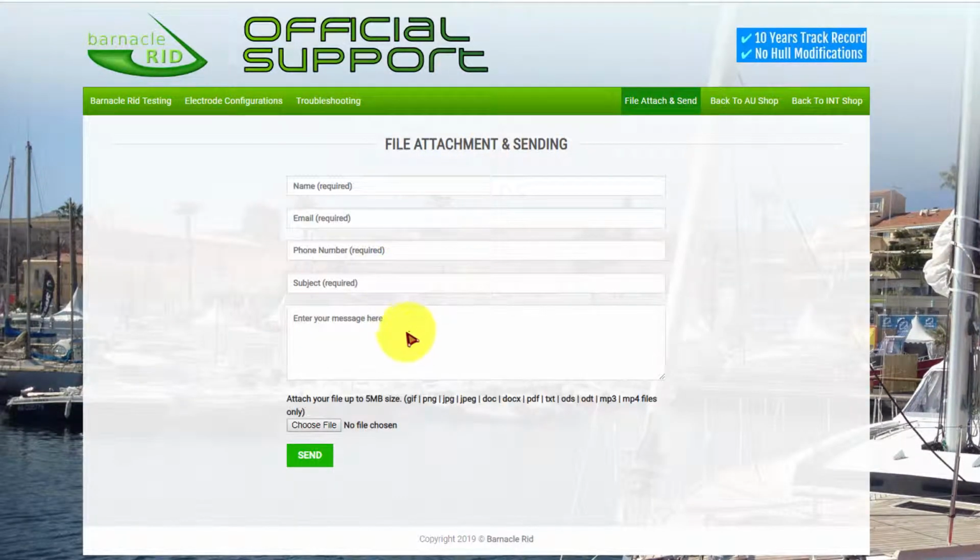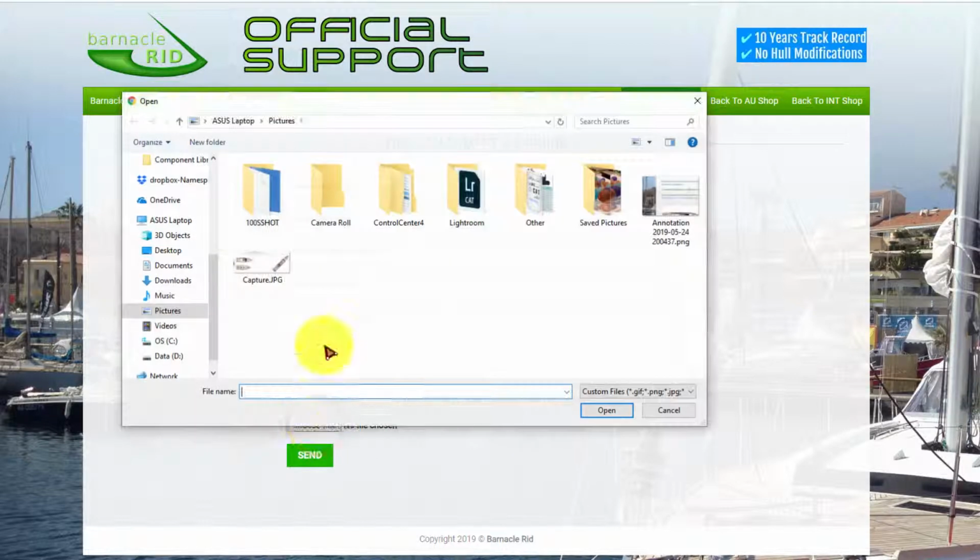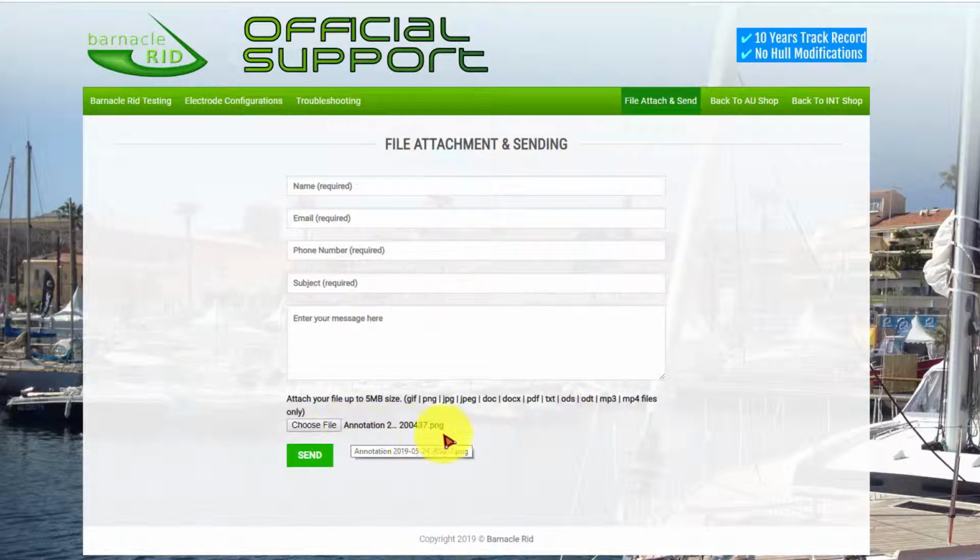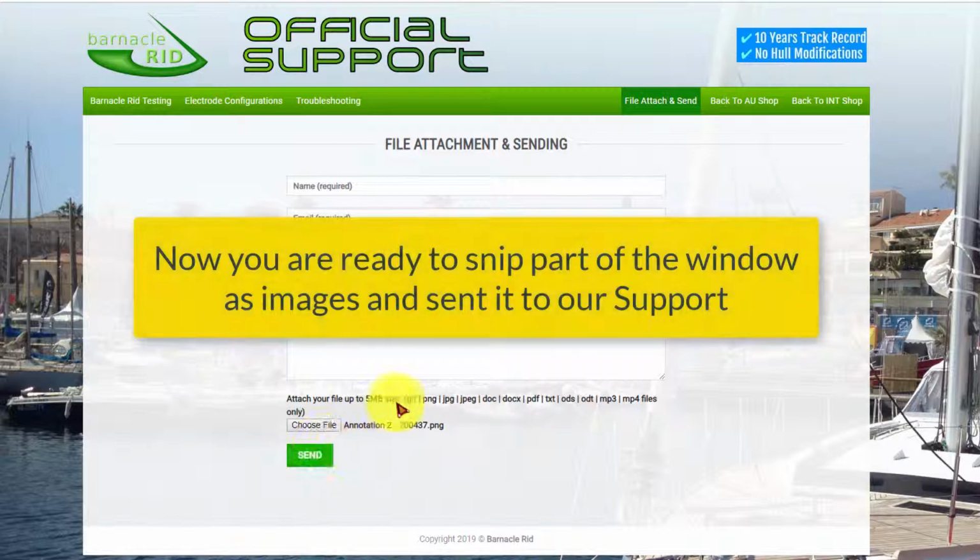You fill out the information and then you click on choose file. Then you select the file what you want to attach and click on open. As you can see, the name of the file is going to be here. And then once this is filled, all the required fields are filled out, then you can send it and it comes straight to us. Now just to show you the second tool in case you have that,